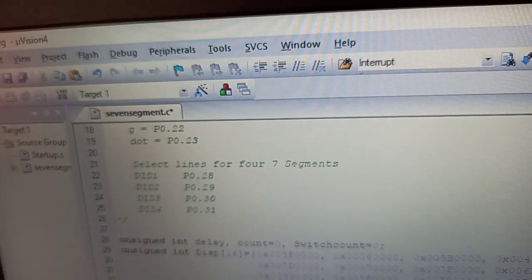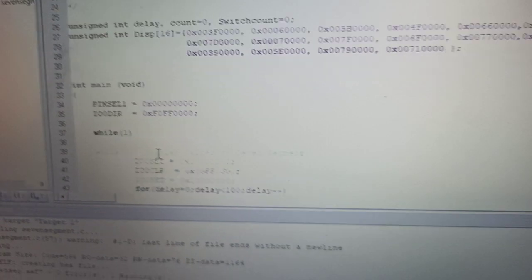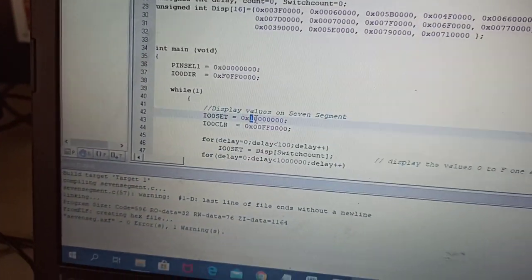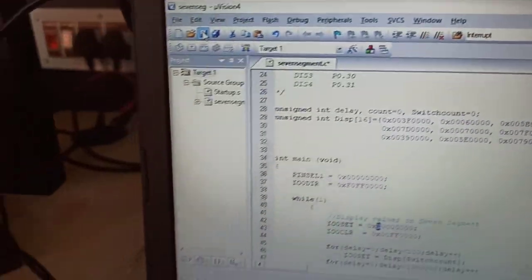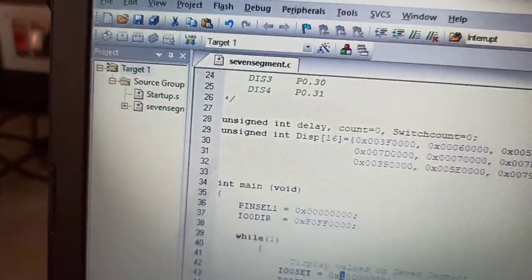Now I made that 1, and direction anyway let it be output only. So here I have made it 1, you can see here. Then we are sending the values. So I build this. The same settings you have to do. Create a hex file.